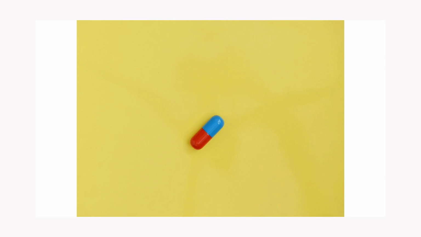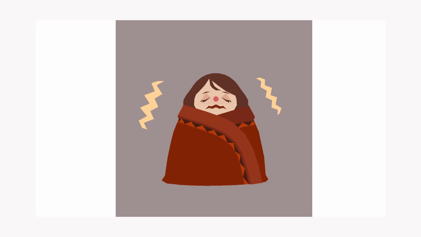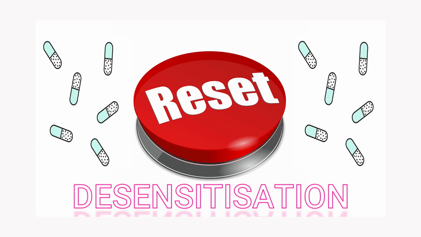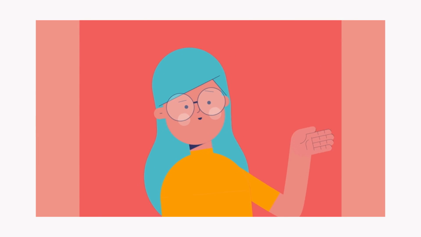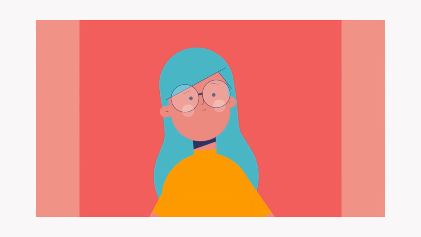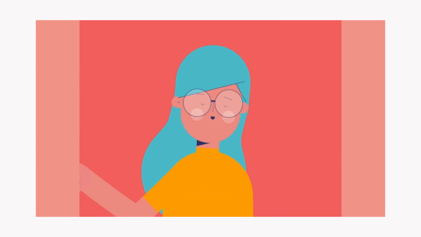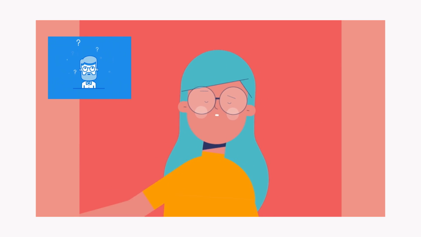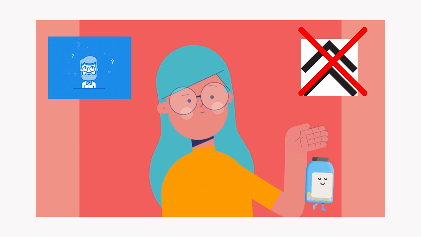Most people who take allopurinol don't get any side effects, but if patients do have side effects, it may be possible to restart allopurinol using a special desensitization course. This involves beginning allopurinol at a very low dose and increasing the dose gradually. There are some tips or precautions to take note of when using this drug. First, allopurinol may be better tolerated if taken with food. Second, if patients forget a dose of allopurinol, they do not need to double up the next dose. Just continue taking allopurinol as scheduled.